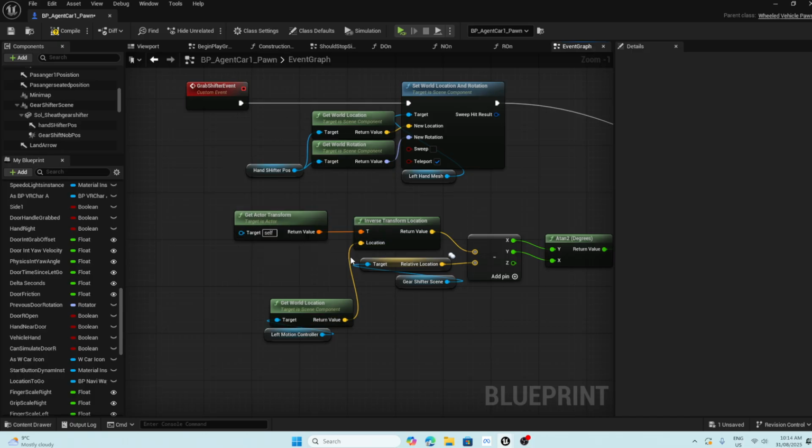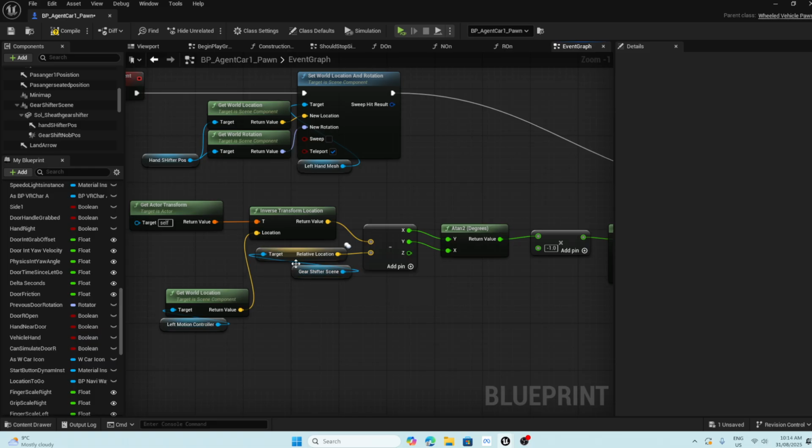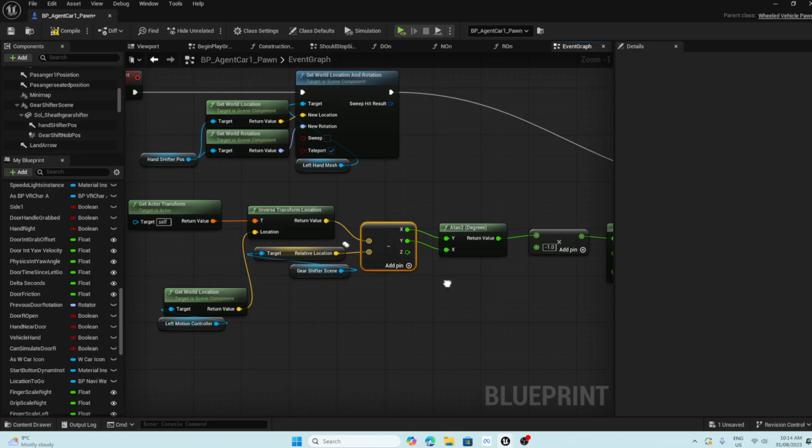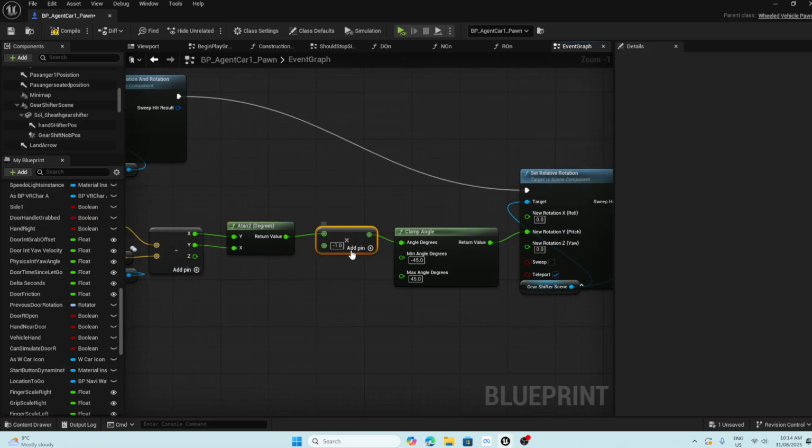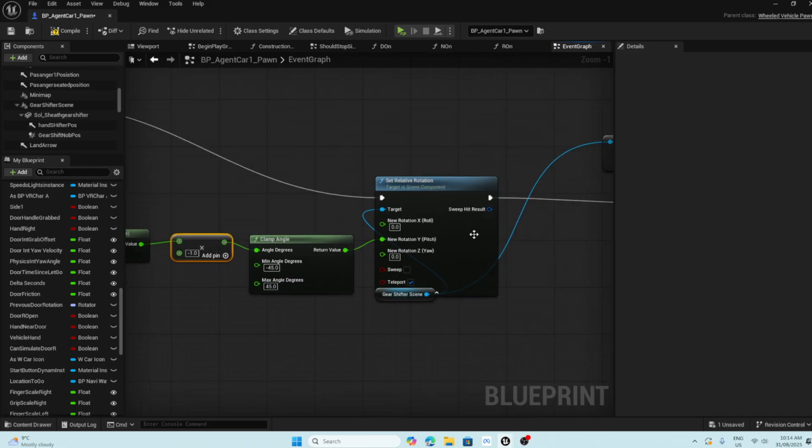We get our actor transform, we inverse transform that, we get our left hand motion controller world location, get our relative location for our gear shifter scene, and minus that we put the X in the Y and the Y in the X in the ATan2. Then we times that by -1, then we clamp the angle -45 to 45, and then we set the relative rotation of the gear shifting scene